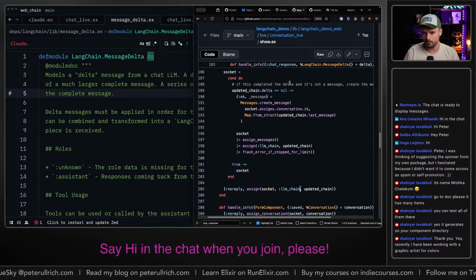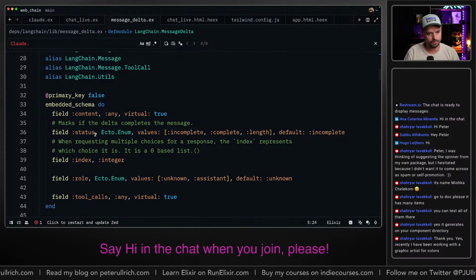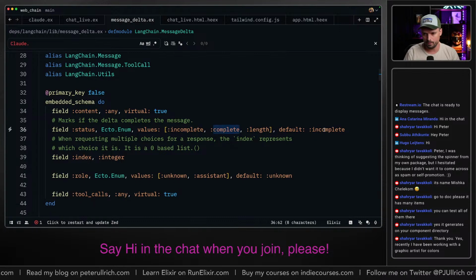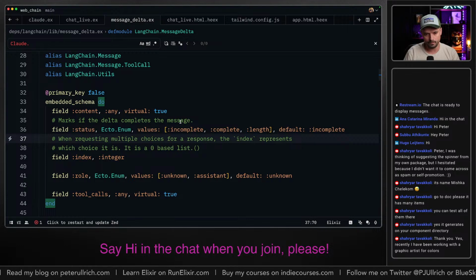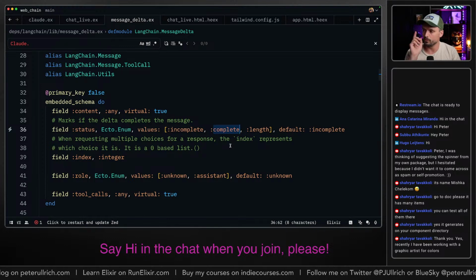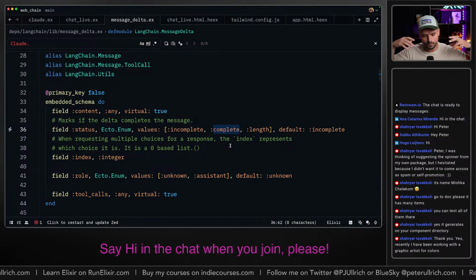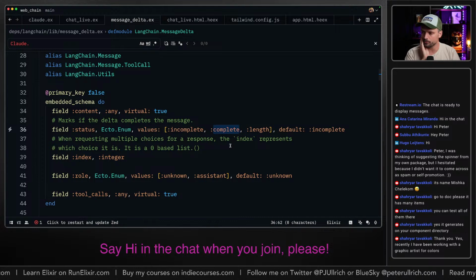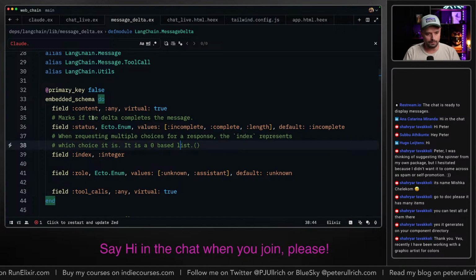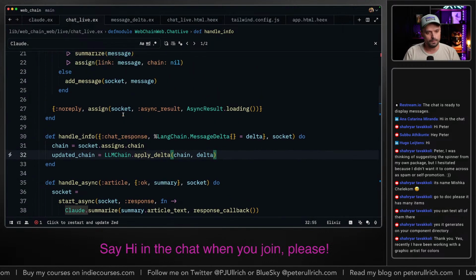And here the check against updated chain delta. So it has content and a status: incomplete, complete. Oh, okay. I mean, we could technically check whether this is the last delta of the response, because then we want to set our loader to okay, it should stop our working indicator. Okay, so this is interesting. The status complete, and we of course have the content.